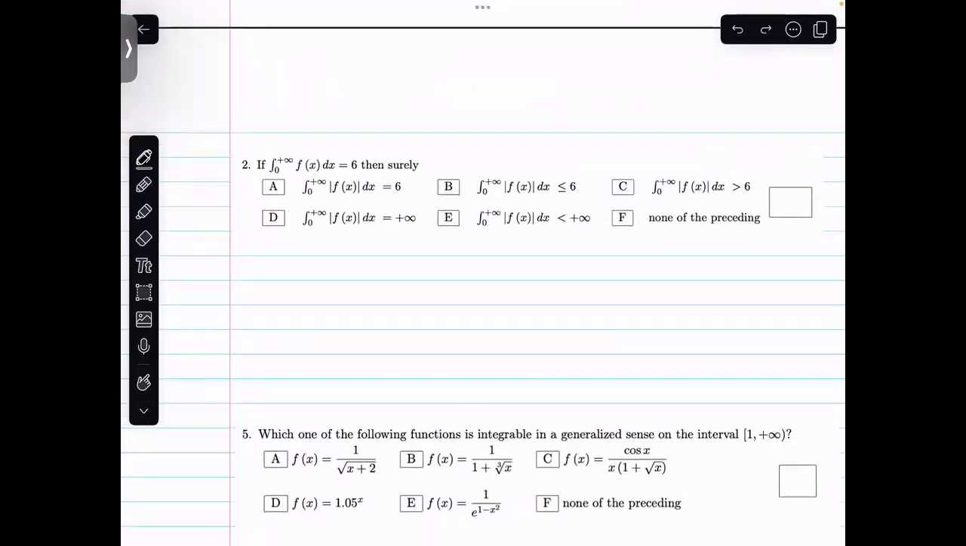notice how they are talking about a function that you're integrating on an unbounded interval, and then afterwards they have the integral of the absolute value. So anytime you see that you're dealing with improper integrals, which are also called generalized integrals, and one of them has an absolute value inside, this should make you think of the absolute convergence test,